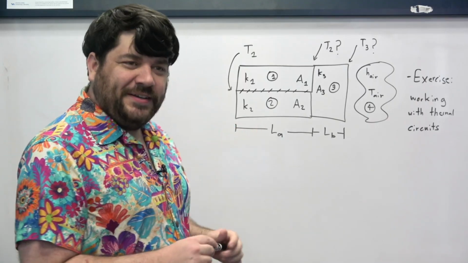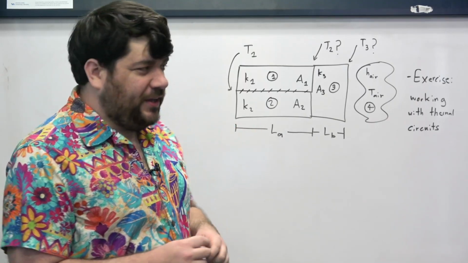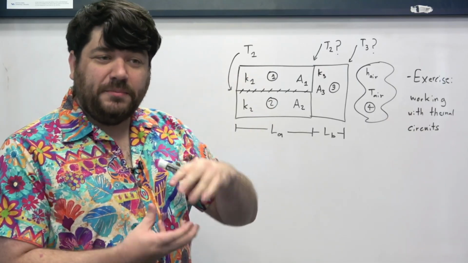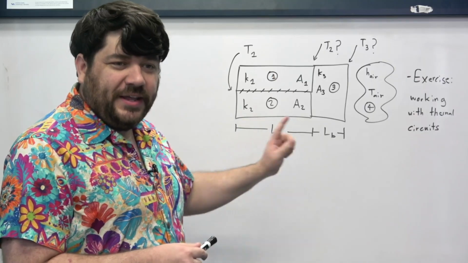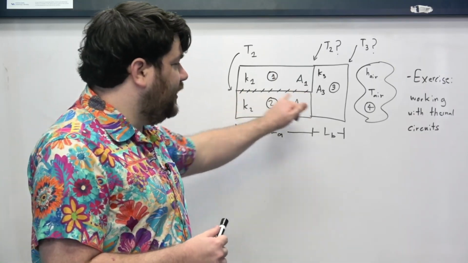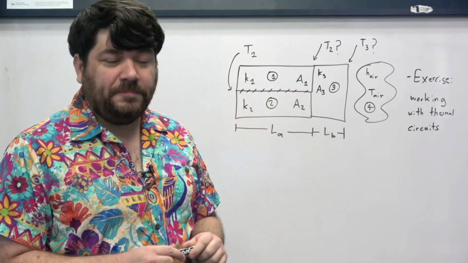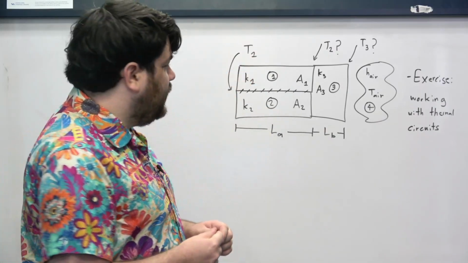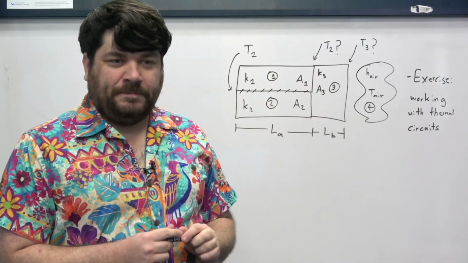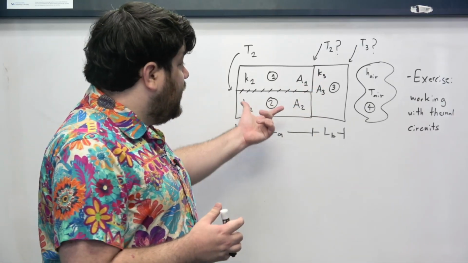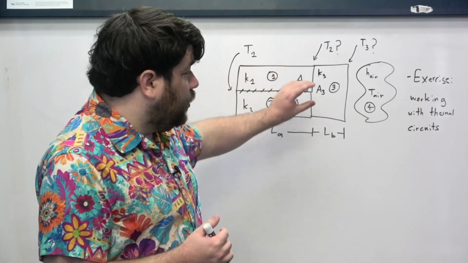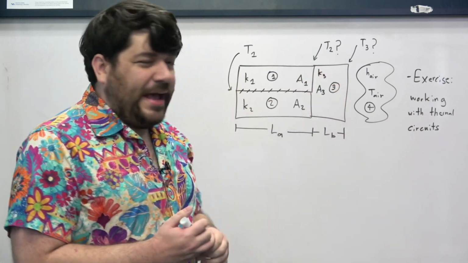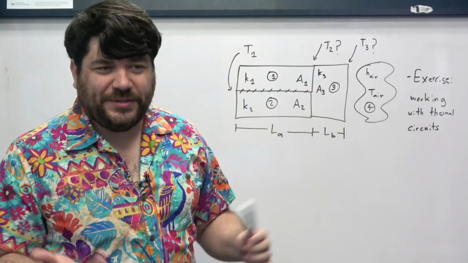So this is the exercise that we're going to do today. The idea is that you have these two slabs of material, one laying on top of the other with this tiny little insulating strip between them, such that heat transfer does not occur top to bottom, okay? Heat transfer only occurs left to right. In addition, these two things are then both connected to this other slab that's made up of some other material potentially,